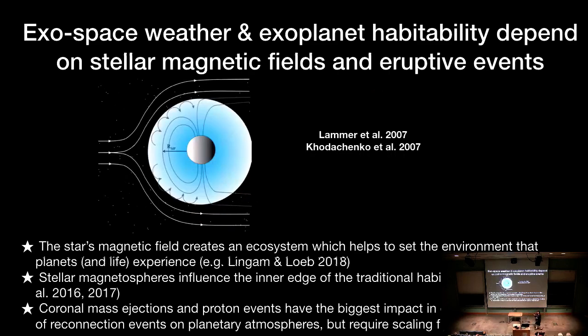We don't have quite as nice graphics for other planets outside the solar system, but this is a schematic showing that for a planet around a star with a very high flaring rate and a high rate of coronal mass ejections, the coronal mass ejections act like an enhanced stellar wind and can compress the magnetosphere of the planet and expose the atmosphere to ionizing radiation from the star. So that's an additional atmospheric loss mechanism that potentially needs to be taken into account for these exoplanets.